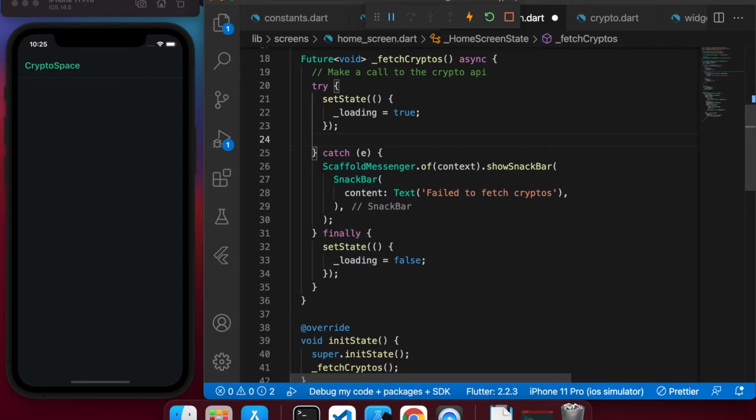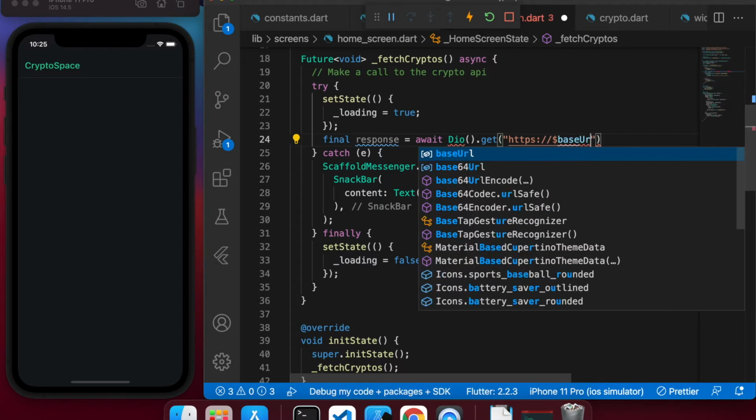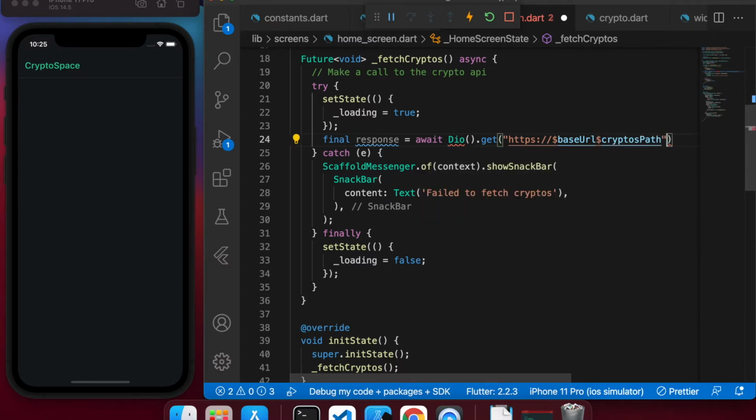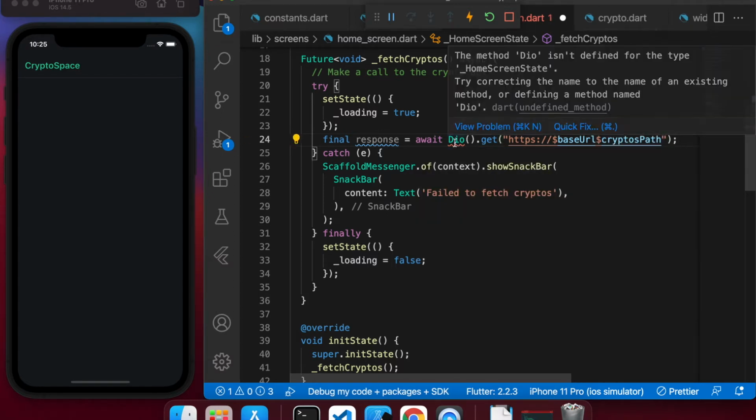So we're going to say final response equals await Dio. Dio is the package that we're using to make API requests, and we say .get and HTTPS, and then we're going to use the base URL, which is defined in the constants file, and then we say cryptos path. Now let's import the Dio package,